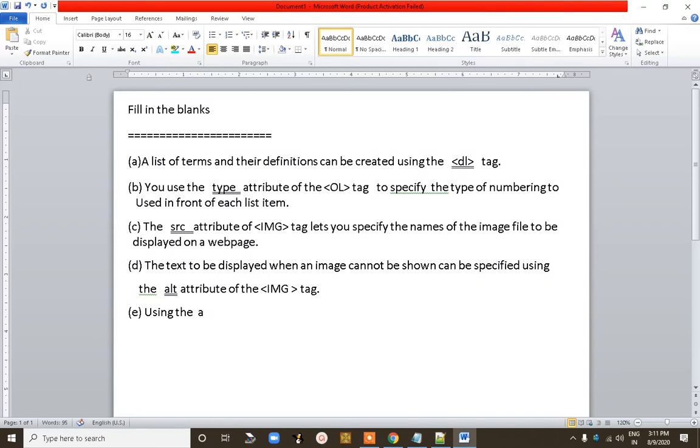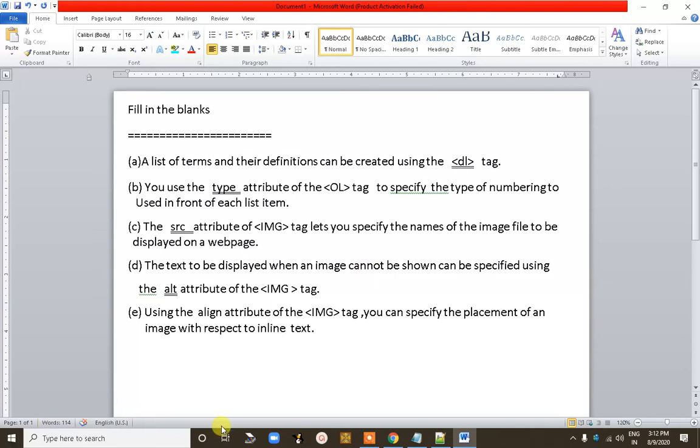Using the align attribute of the img tag, you can specify the placement of an image with respect to inline text.